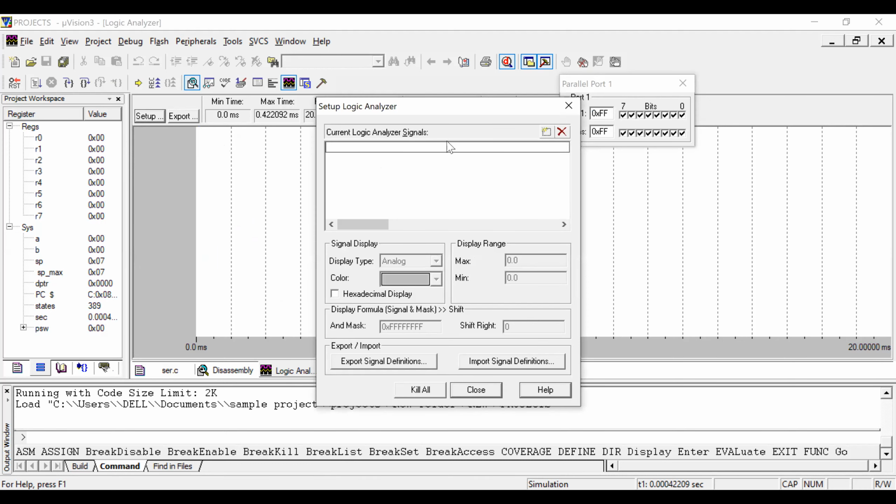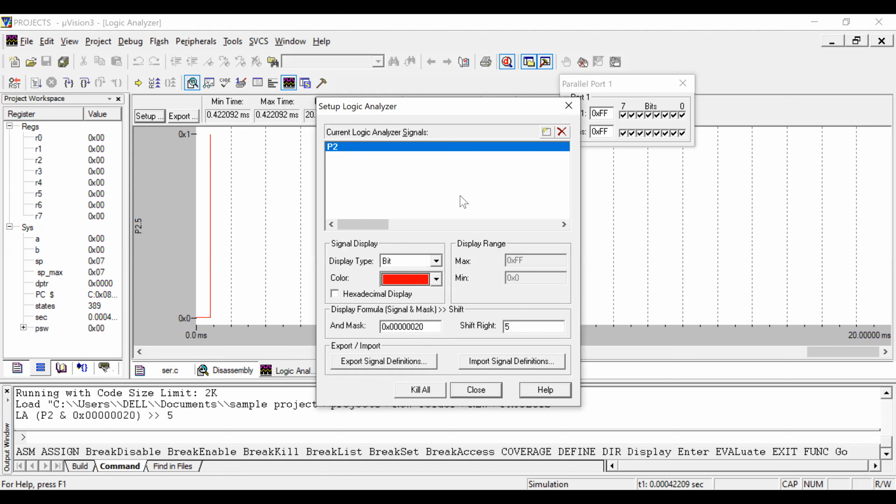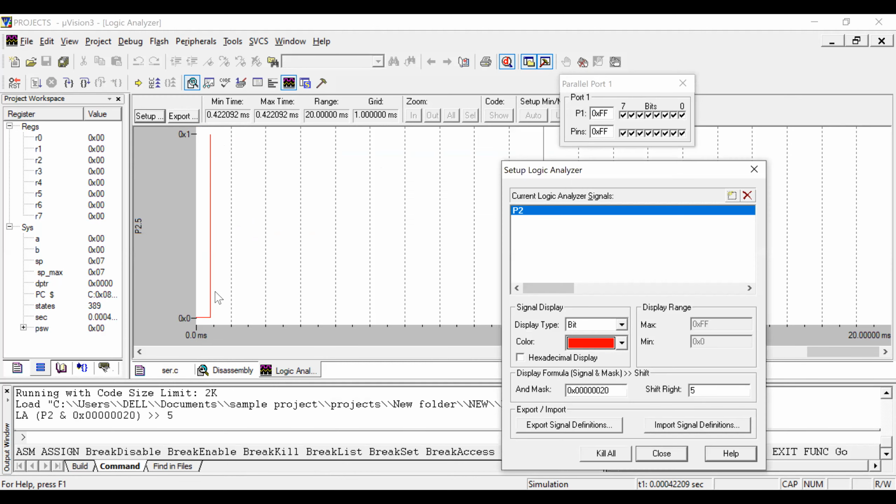In the logic analyzer, P2.5 is where my square wave is going to be generated. I'll keep this also parallelly. And what is the switch equal to 1? Switch is moved to.